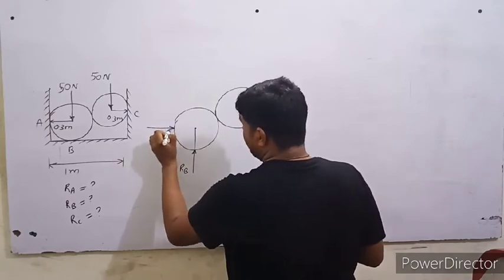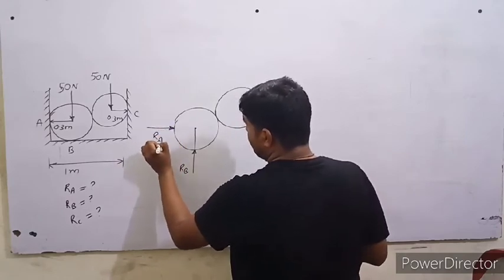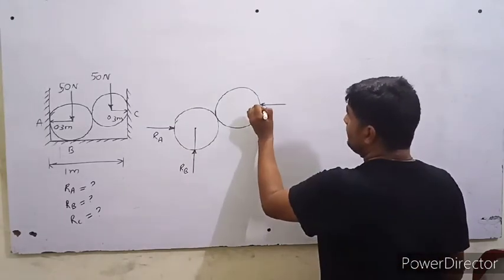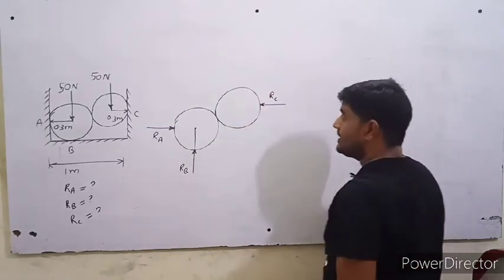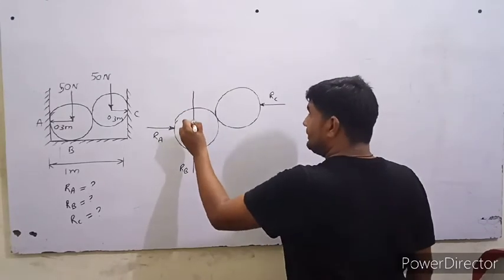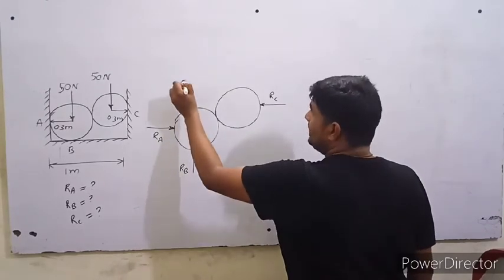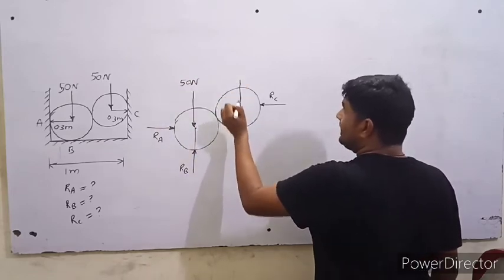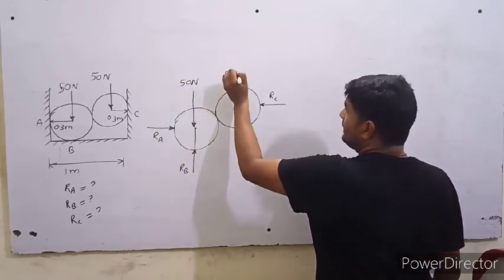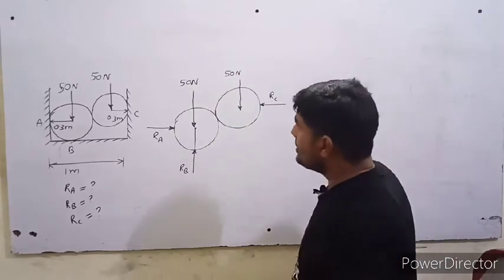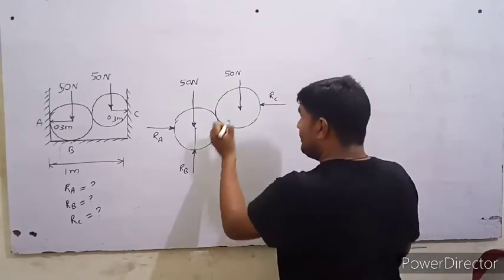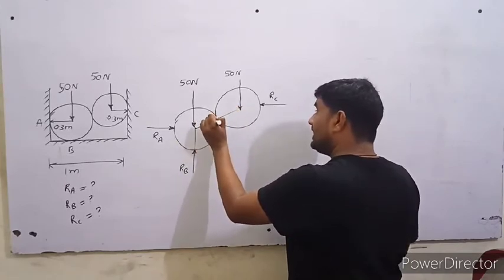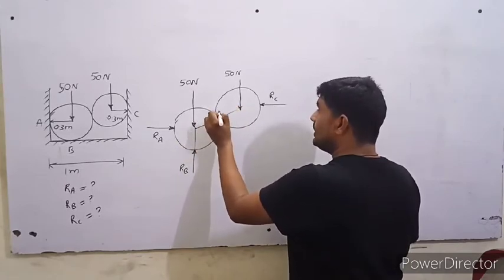There will be a reaction. What is this? Ra, and there will be a reaction. What is this? Rc. And what is acting? Self weight 15 Newton. So students, one reaction will act to maintain the equilibrium of these two rollers,